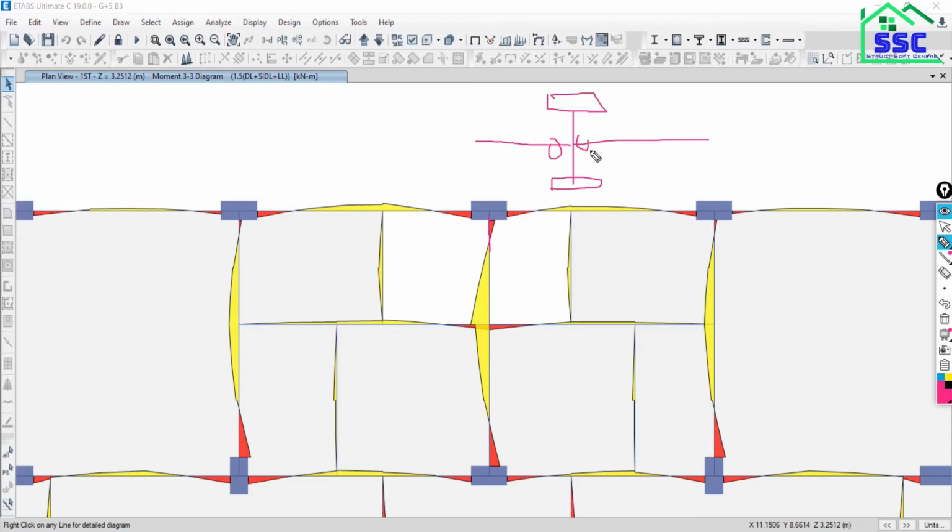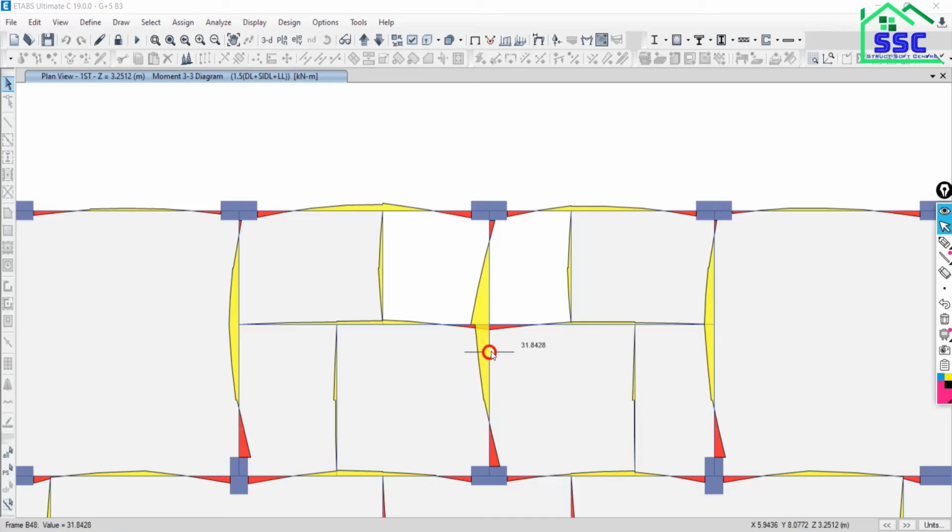Actually this is the secondary point, but what we are going to do, we are not going to release the moment over the continuous support. Okay, so that's why we are getting the negative moment here. Is it visible? Over the continuous support you will have the negative moment, and due to that negative moment you need to provide the reinforcement at the top. I will discuss it later, the position of the reinforcement.